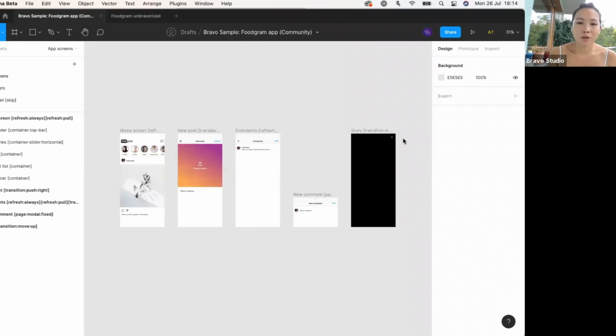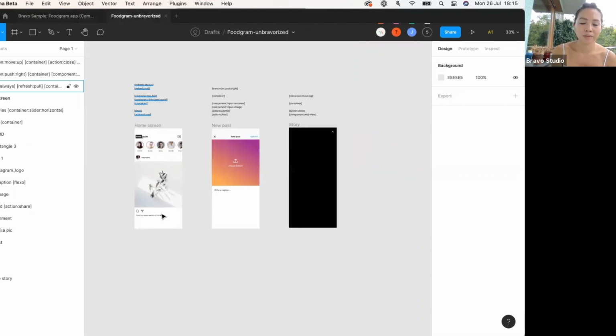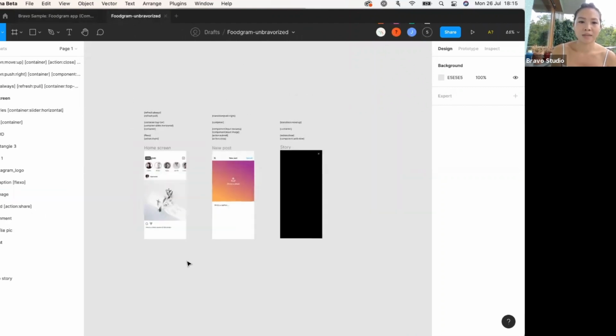So going back to what I was saying, you have a Figma design and you are ready to Bravoize it. How do you do that? There are 3 steps, and we're going to go over those with these 3 screens of this Figma. This Figma file is as if you've designed an app screen and you,